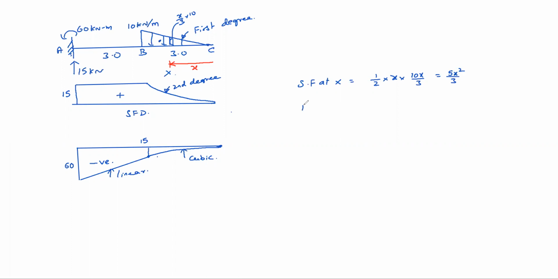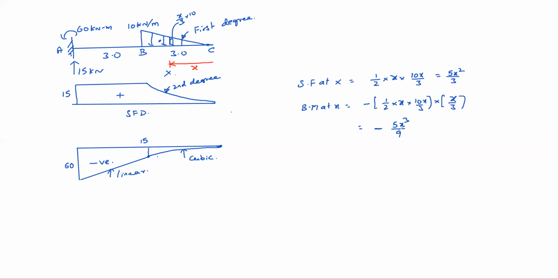Similarly, bending moment if you want to find. See, you are taking right side. Right side clockwise is what? Negative. Right side clockwise negative. So minus. So the load is half into x into 10x by 3. That is the load into centroidal distance about that x. It is x by 3. That equal to minus 5x cube by 9. That's my cubic equation. So in between of BC, the shear force variation and the bending moment variation you can see very easily.